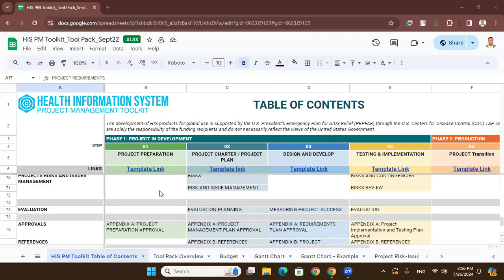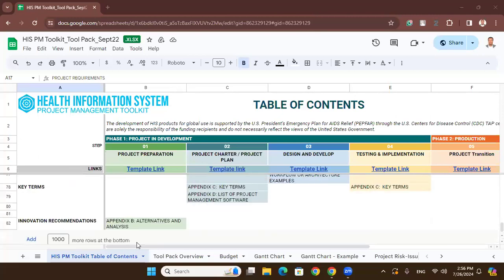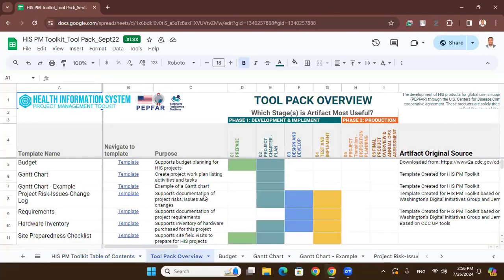Okay. So what I was saying is there is a table of contents. For each table of content, there is corresponding information for each phase of project management. So we can take a look at that. The Health Information System Project Management Toolkit has everything in it. All the necessary documents and templates are available. And here we have also